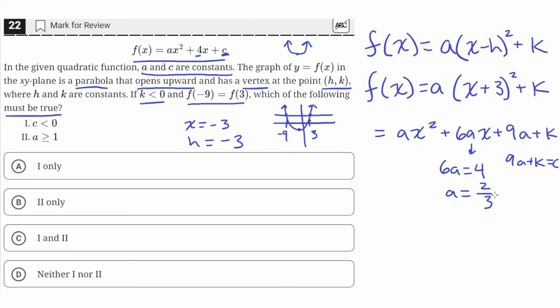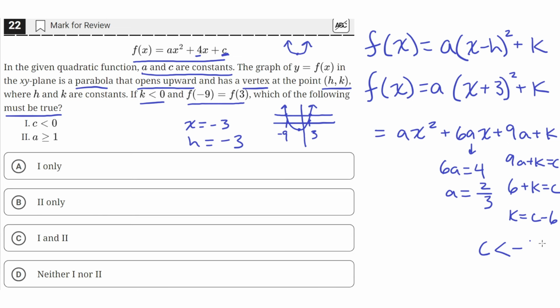So then let's plug in the value of a equals 2/3 into this equation. So 9 times 2/3 is just equal to 6. Then plus k is equal to c. So this means that k is equal to c minus 6. Okay, and we knew that k is less than 0. So for k to be less than 0, we need to choose a c value accordingly. And really, c needs to be any value that is less than